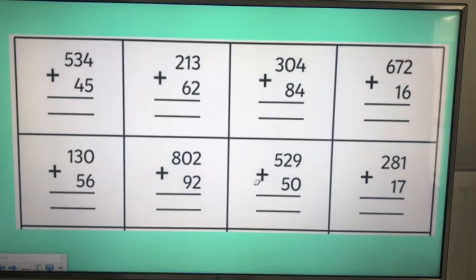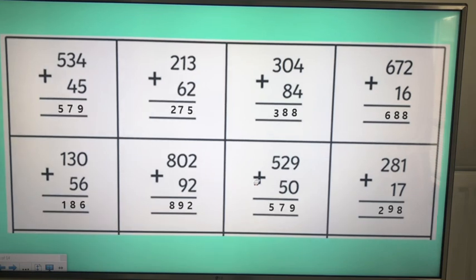Excellent job guys, and well done to all the Year 1s having a go at column addition for the very first time. Shall we see how you got on and check the answers? I've popped the answers on the screen for you. Let's have a quick look through these. So, the first question,